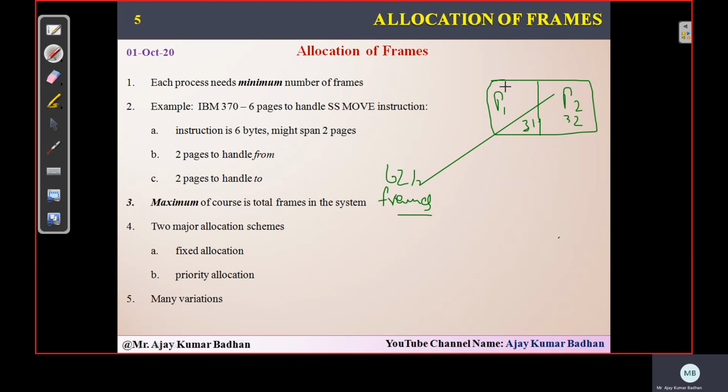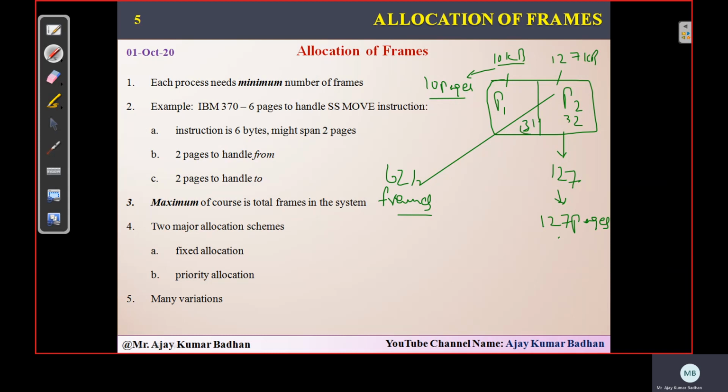But now let us consider that process P1 has a size of 10 KB and process P2 has a size of 127 KB. Just an assumption. Process P1 has a size of 10 KB, so let us assume it is going to access only 10 pages. Coming to process P2, it has 127 KB, so let us assume it wants 127 pages, which means 127 frames are required. P1 requires only 10 pages for execution, so 10 frames are quite sufficient.